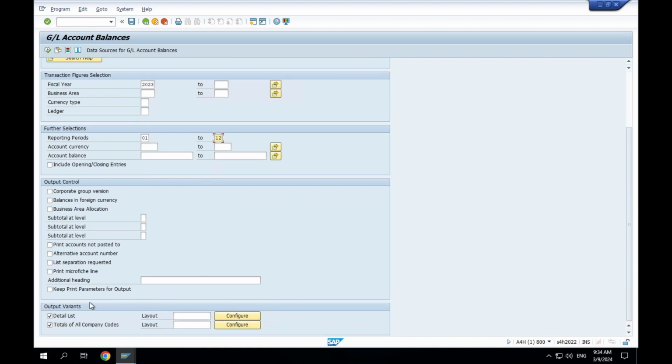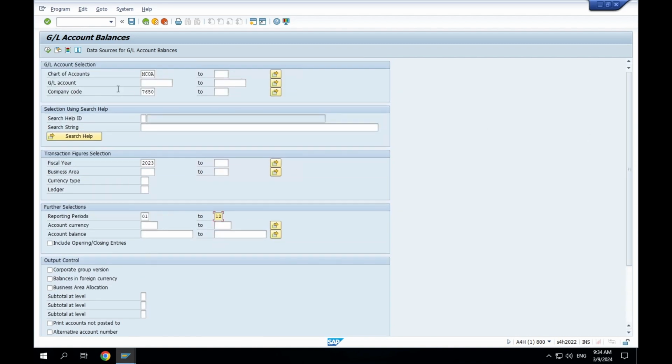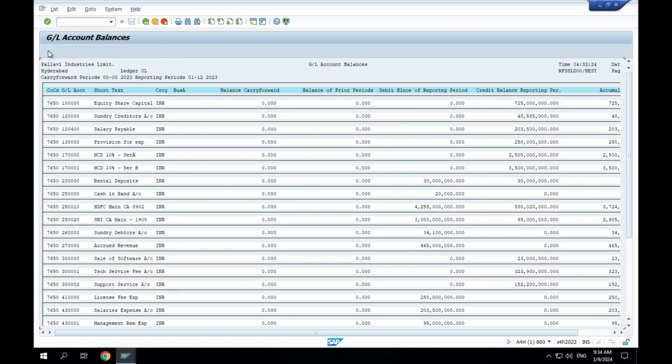And this is a report layout. This basically gives us the format in which we need the trial balance. We're gonna see it at the later point of time. For now, since we have entered all the inputs, we can just execute it over here, or you can press F8 and it's gonna run the report, and here it is. This is the trial balance for company code 7650,